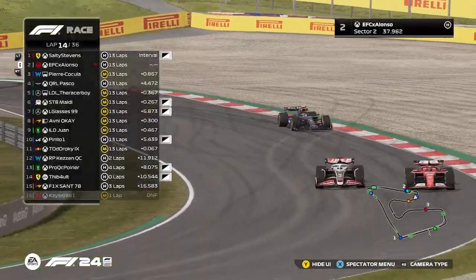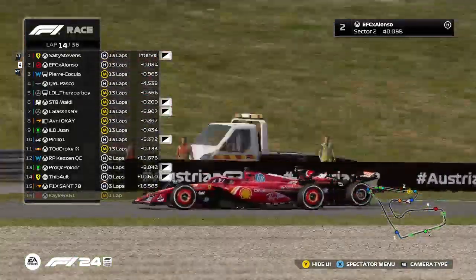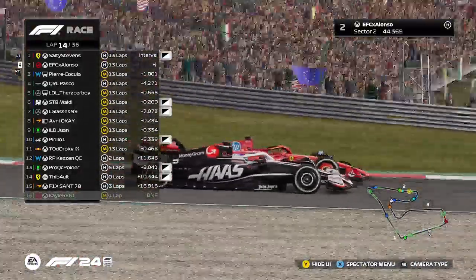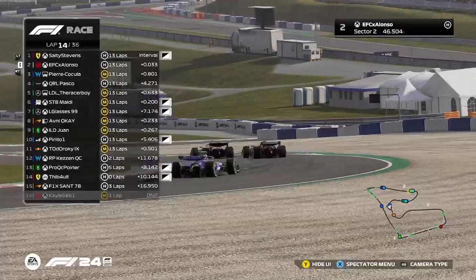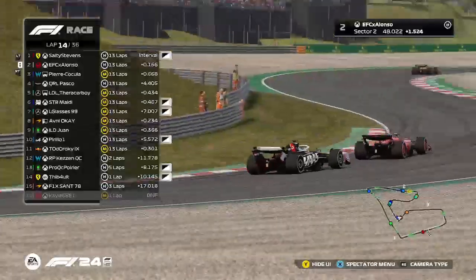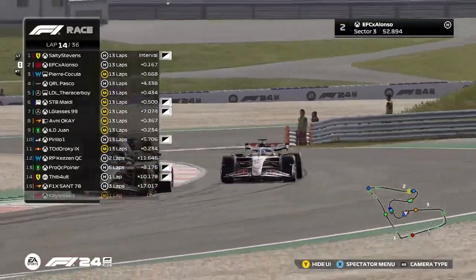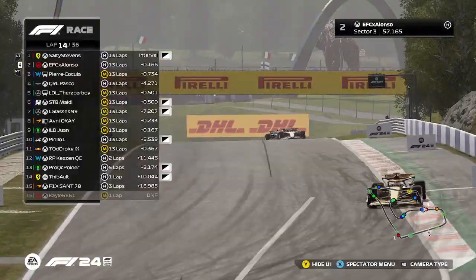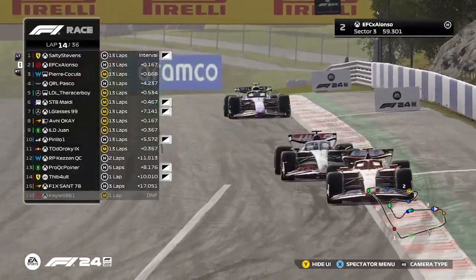You're going to see this a lot as we go through, as we come up to half race distance next time around, as the Ferrari driver holds on. It's Haas, customer team versus the engine supplier versus the customer team buy-in. I'm not sure that was the best way that was going to be said, but unfortunately that's the way that came out. Anyway,